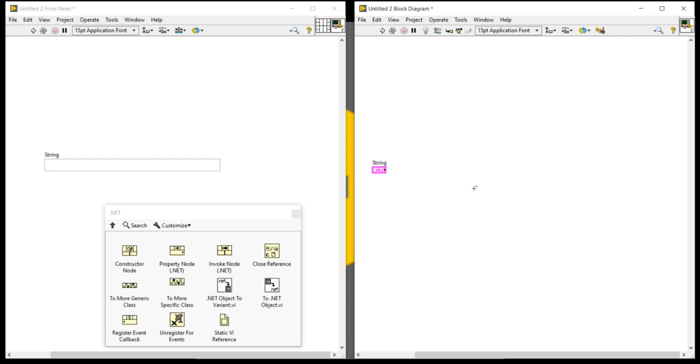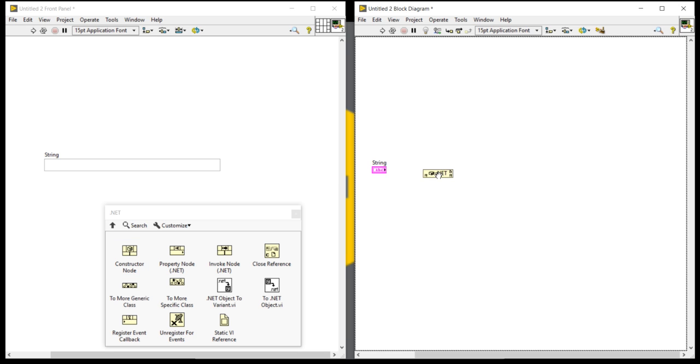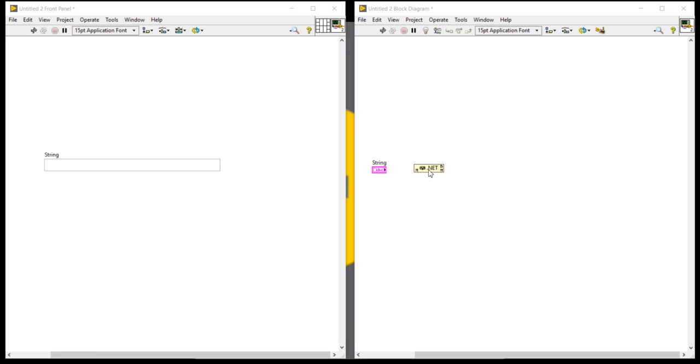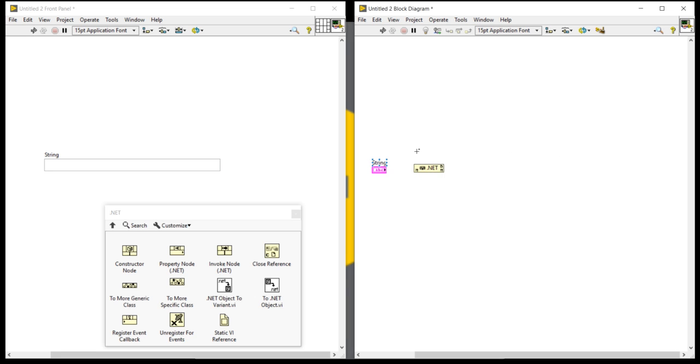Every time I cannot repeat each and every small thing. Come here and take the constructor node and place it here. How can you take a constructor node?